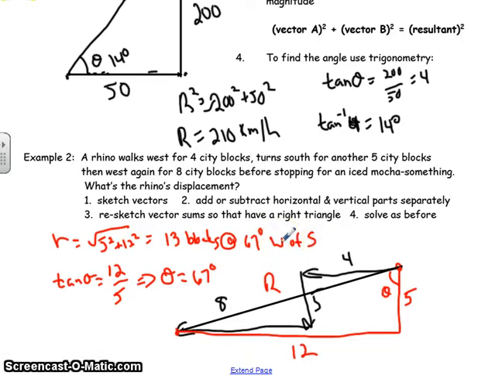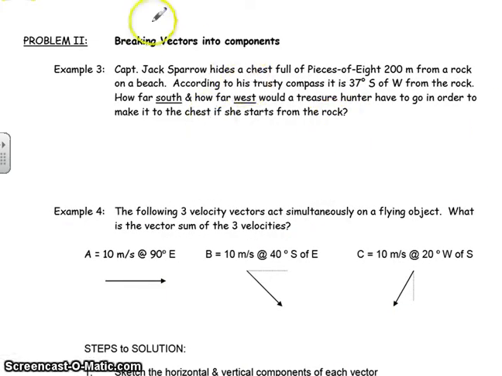Okay, so that's the essence of adding 2 or more vectors using right angle trigonometry. Now we want to reverse this. For example, what we want to do now is what we call breaking vectors into components. Suppose you have a treasure map and you want to find something, and you are starting at a certain location. Okay, so we're on some island, we're starting here on the island, and you have a compass, and